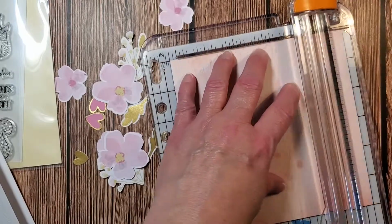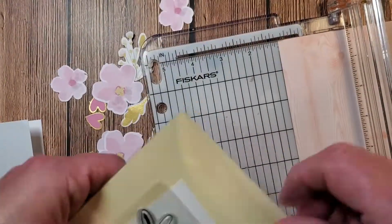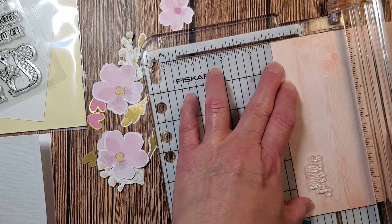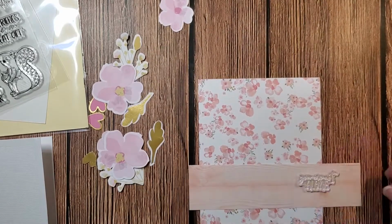And these two pieces of pattern paper, which I think are quite beautiful. I love the pink and the peach colors. They go well together. They're right next to each other on the color wheel if you think of red and orange. And I'm using this little stamp set to make sure that my piece of paper there